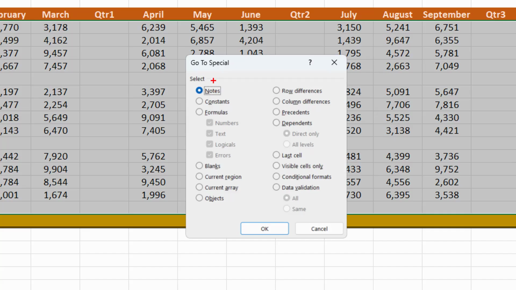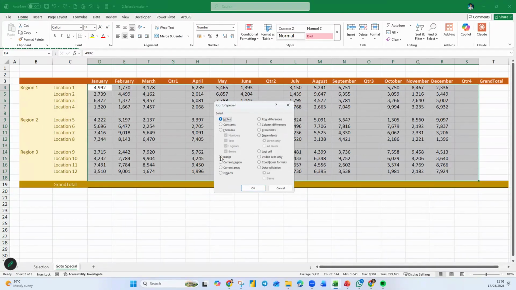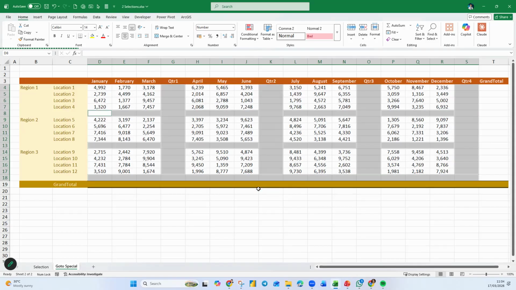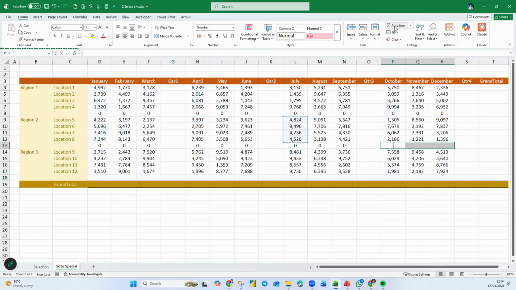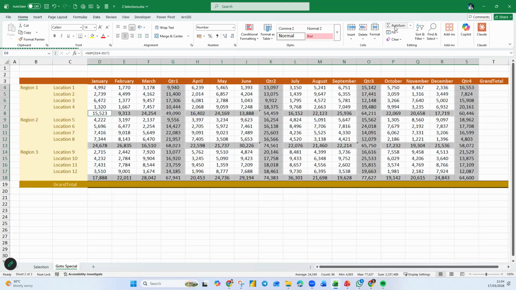Only when you say go to special, right? If you look at this dialog box, the whole purpose is to make a selection. What are you selecting? There are so many choices here. What do you want to select? I want to select the empty cells. So I tell them, please select for me the blank. All those cells that are blank. So when I hit OK, there you go. Now, once you get to this stage, then your job is done. Just click auto sum. That's how powerful this particular feature is.